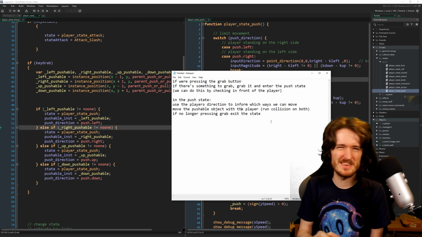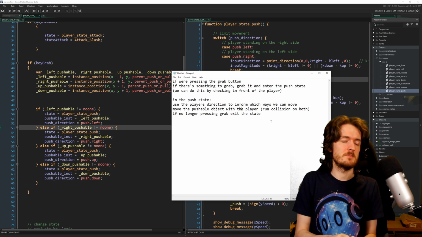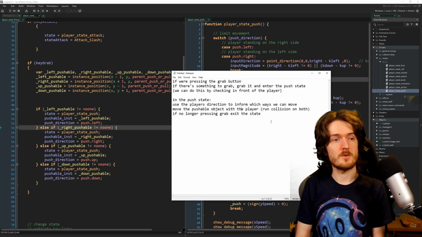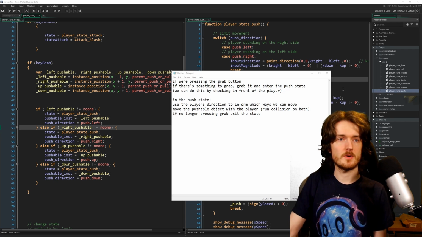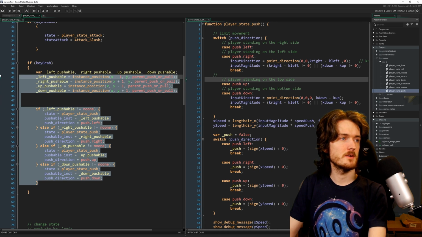It's kind of a little bit messy, but it doesn't only in a trivial way, in my opinion. I think it'll work just fine. And then if we're no longer pressing the grab button, we exit the state. Okay. So first of all, I'm going to take the section of key grab here, and we're just going to